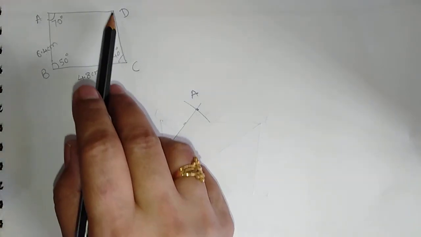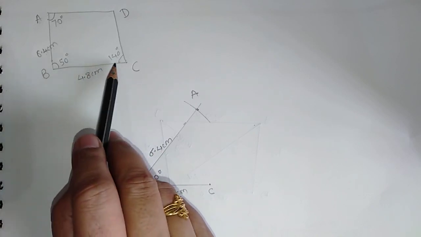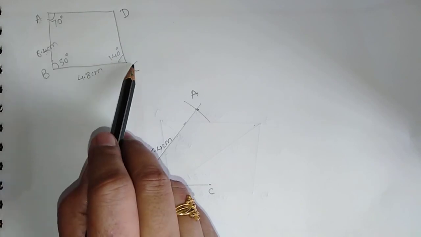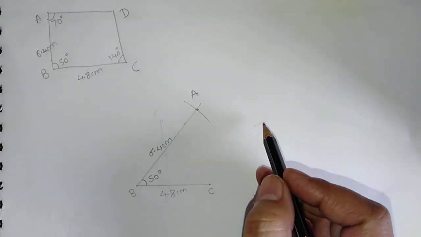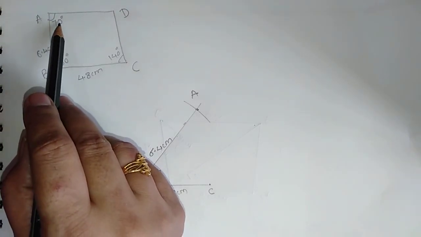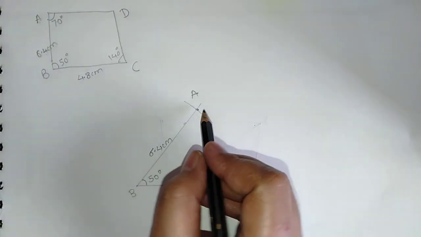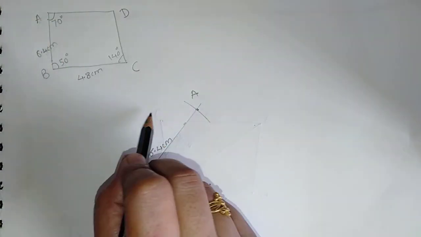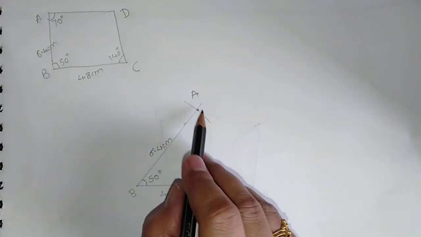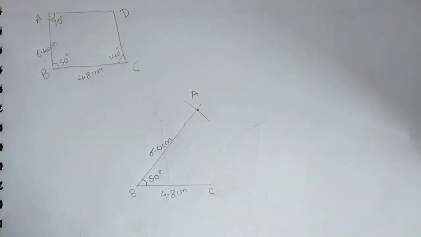Now next we will draw the point D. So with the help of protractor measure the angle of 140 degrees from the point C and draw the arc from the point C, and measure the 70 degree angle with the help of protractor by putting the center of the protractor on the point A and draw the ray from the point A. Then we got the intersection point. That point is nothing but the D.